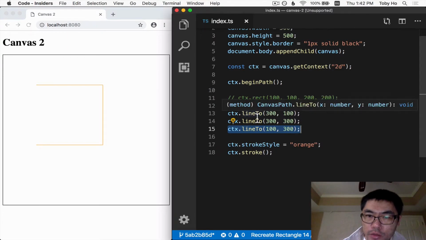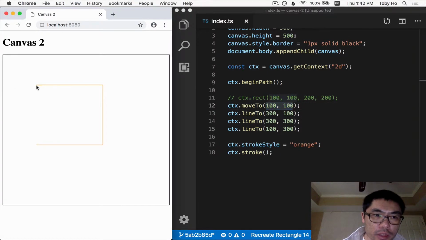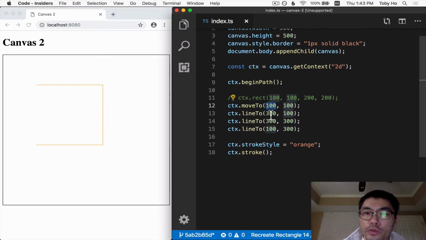Because in order to trace the outline of a rectangle, what you're actually doing is first moving to a point of the rectangle. In this case, let's move to the top left corner of the rectangle. That's over here. And then you say, I want to trace a line from that point, 100, 100, to 300,